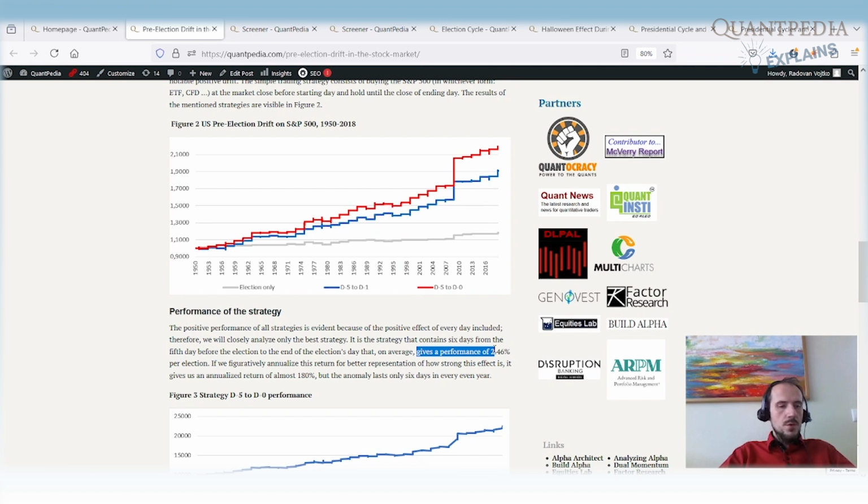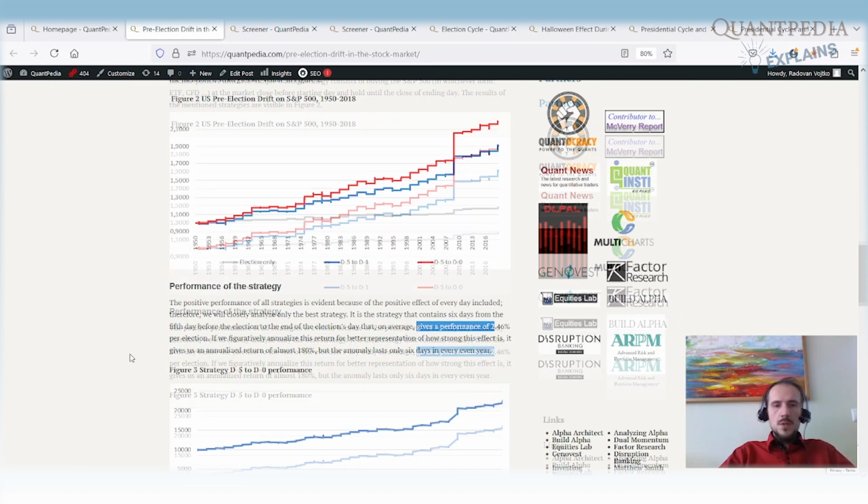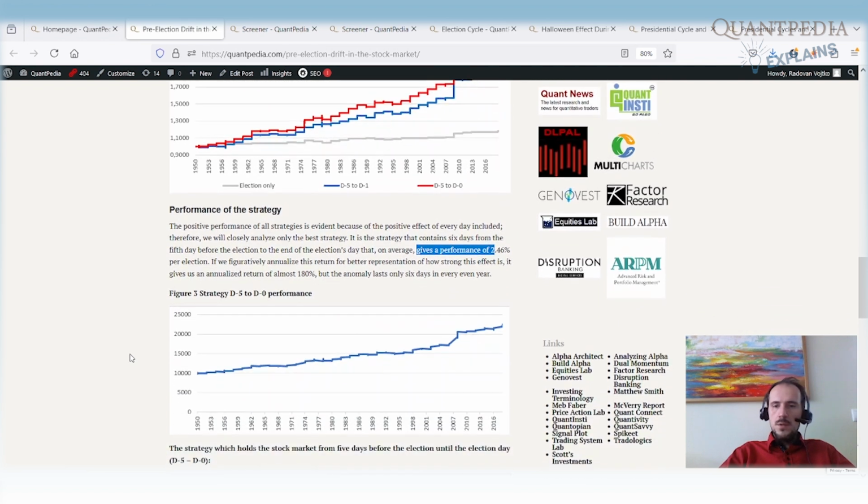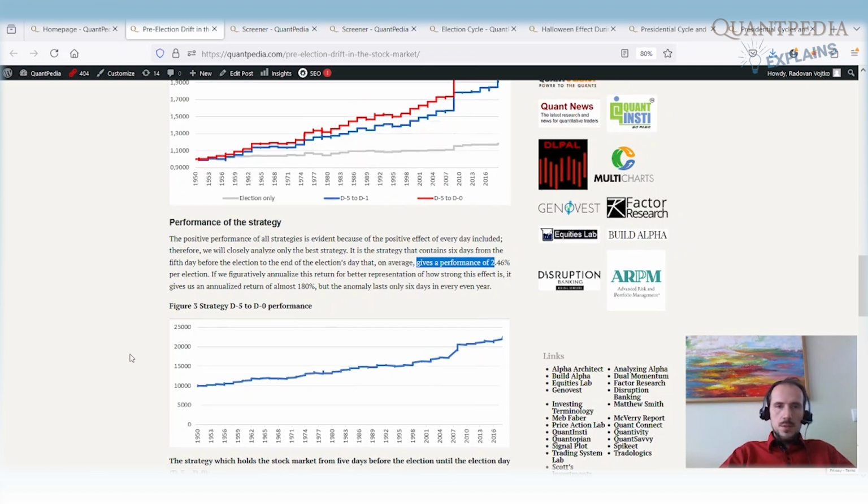It's not only for the election of the president, but also for the election of the Congress and the US Senate. So every 2 years we can try to get some return out of the US market before the elections. This is what I will definitely try to trade before these elections. Really looking forward to how it will look. There is still time to buy US stocks before the elections,